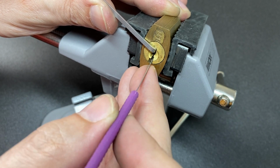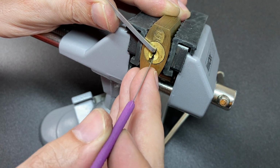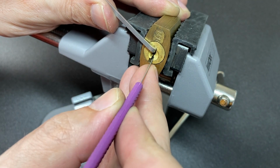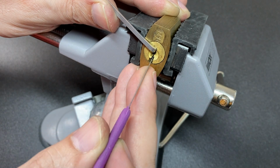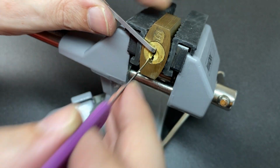5 dropped, 4, just make sure 3, 2, 1, 2, and pin 1 at the front. Usually,